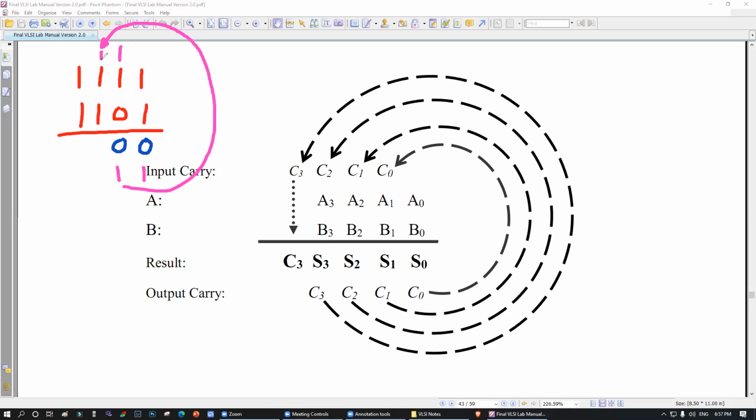It will go to the next place. Understood? So if you add this 3, 1 plus 1 plus 0, what is the result? 1 plus 1 plus 1. That is the result, the result 3. 3 means what? 1 1, right? So 1 1. So the last one will be here.